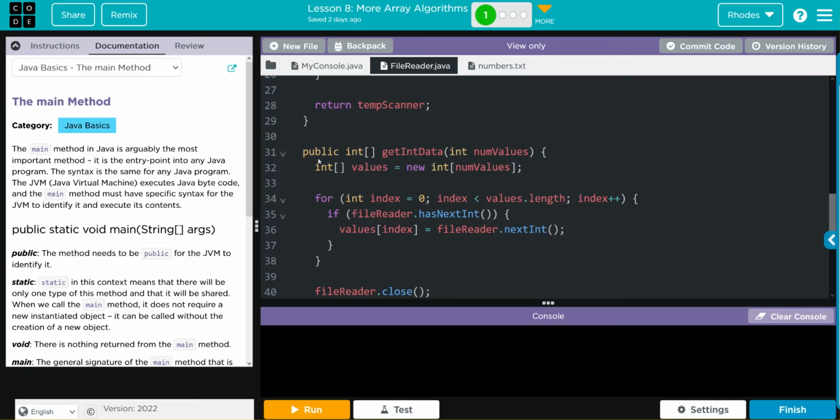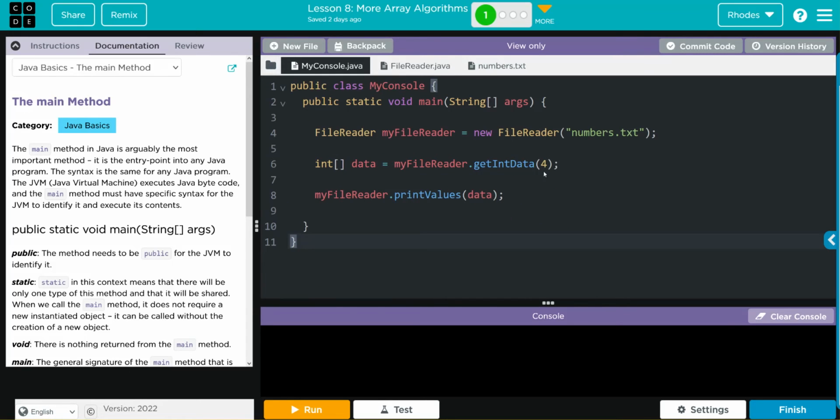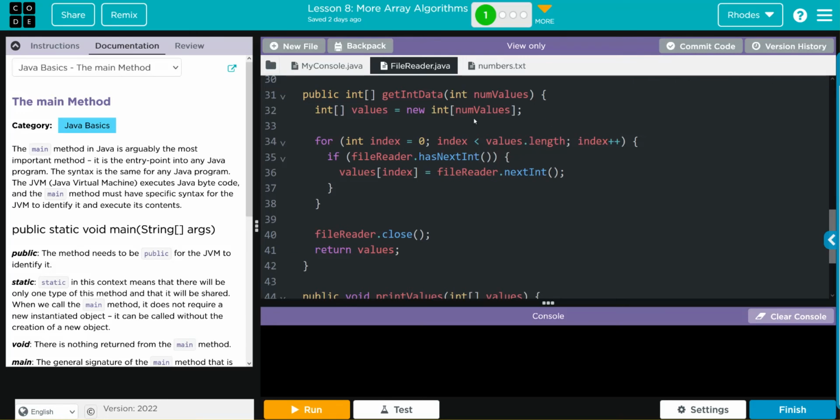We have a method here. It's called getIntData. It is creating a new array of values, and it is getting numValues passed. Down here, we have a for loop looking through values, and numValues getting passed here was just the number 4. So that means we're only looping through 4 things in this loop. We have an if statement,